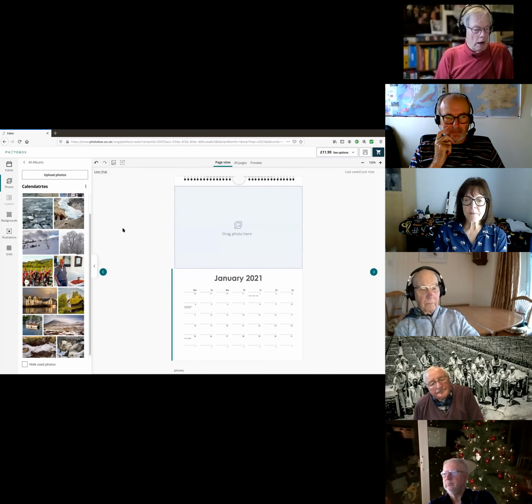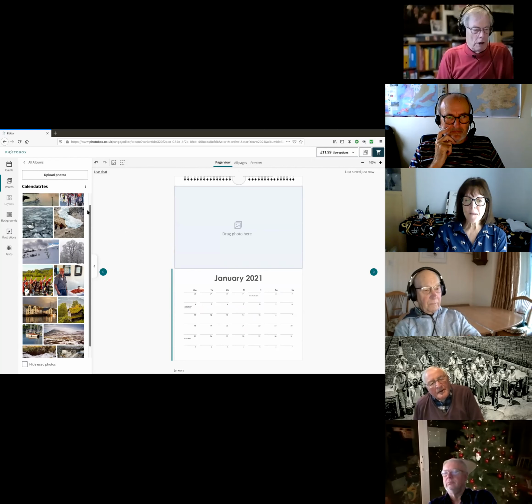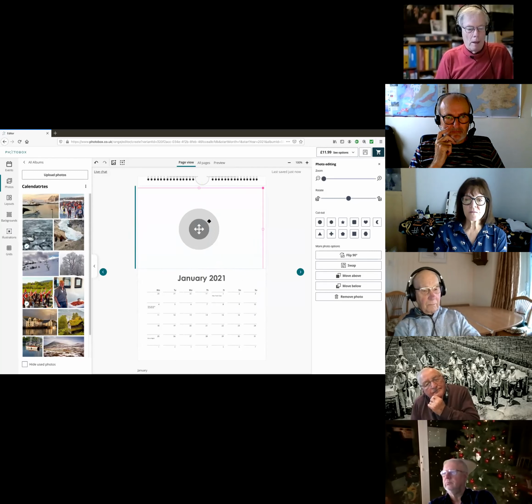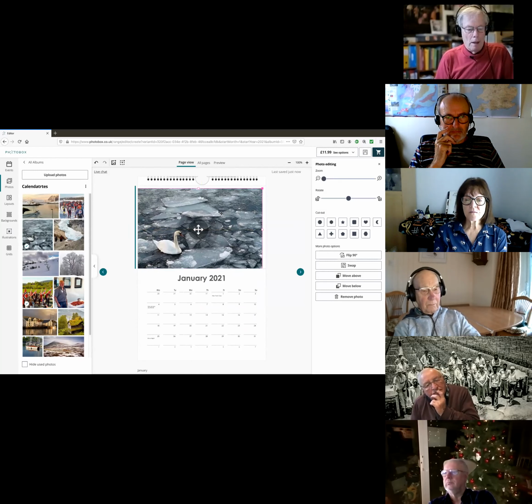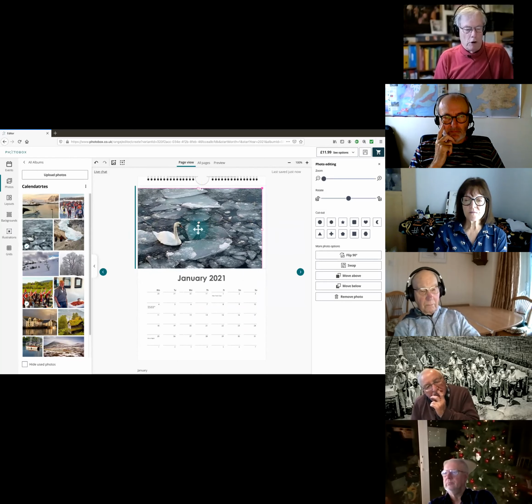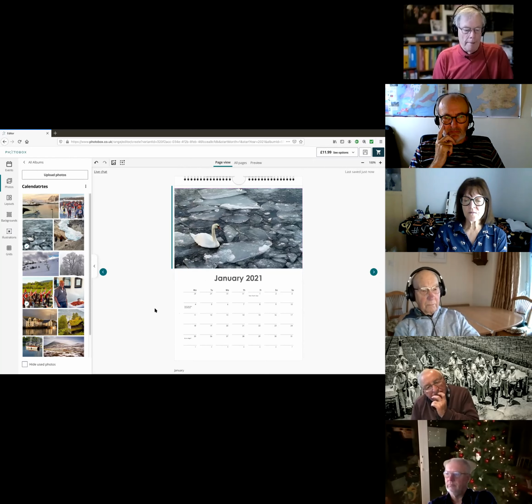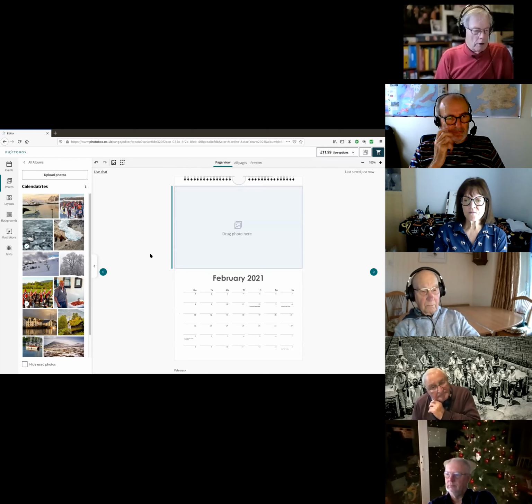And then because I've sorted the pictures in numbers, I can then go and, as you see, this arrow means that you can move the picture if it's not cropped quite right. And as you see, I'm a proponent of having a full page picture. And I don't mess around very much with